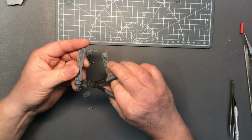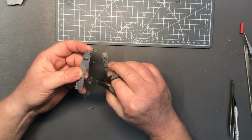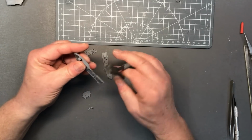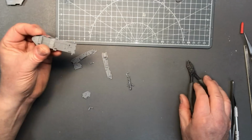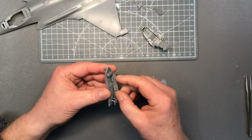So this is the nose wheel bay, which is made up from several parts. As you can see, the nose wheel bay and the weapons bay are all very highly detailed in the Tamiya kit. So just test fitting the parts for the nose gear bay,